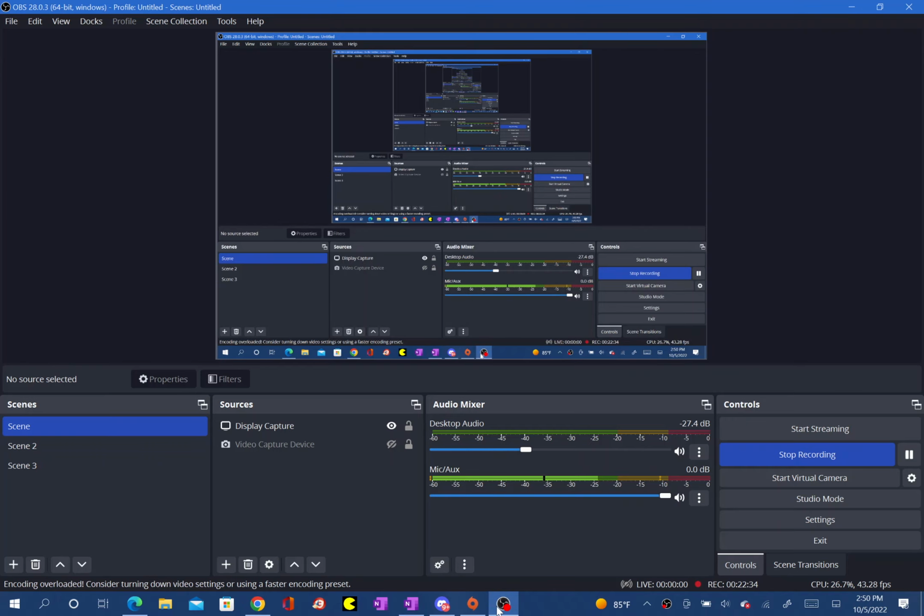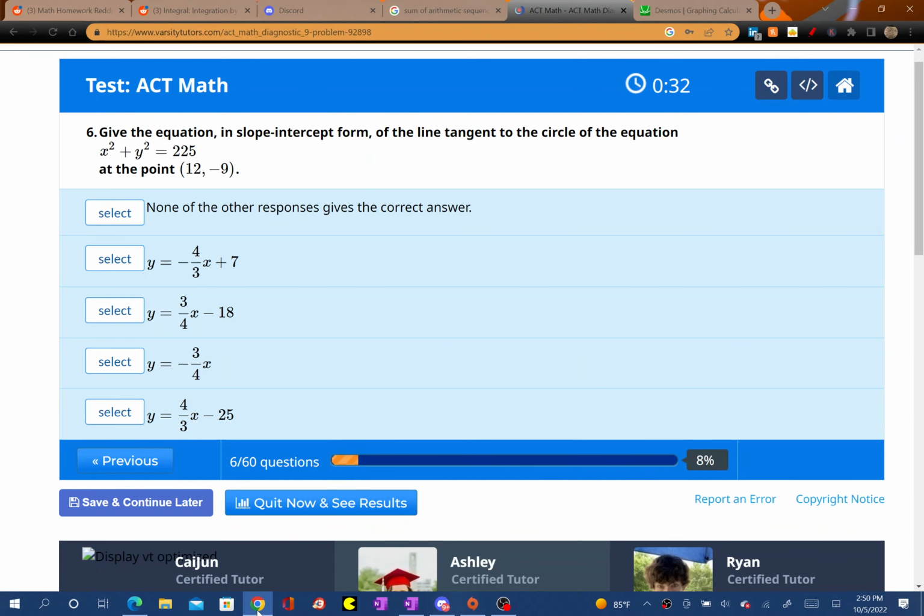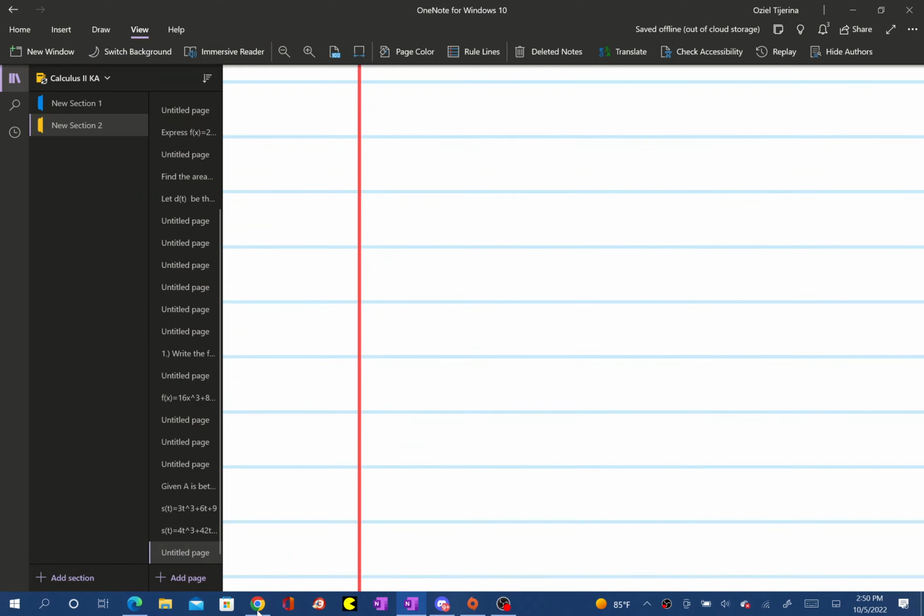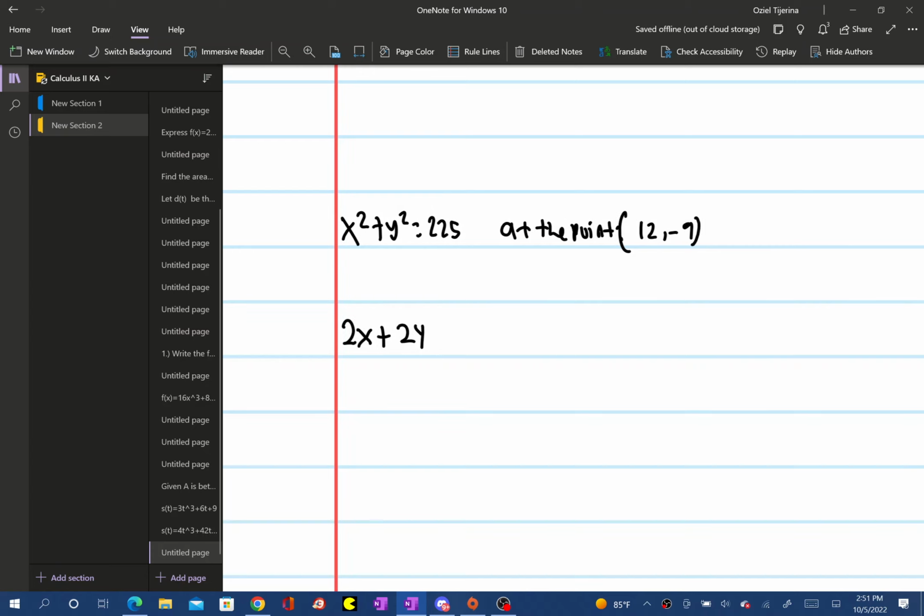So we have x squared plus y squared equals 225 at the point 12, negative 9. Okay, now we can say that this is 2x plus 2y. So first of all, to find the equation of the tangent line at a certain point,